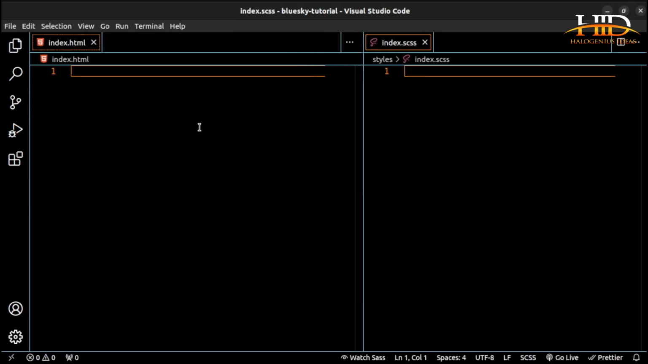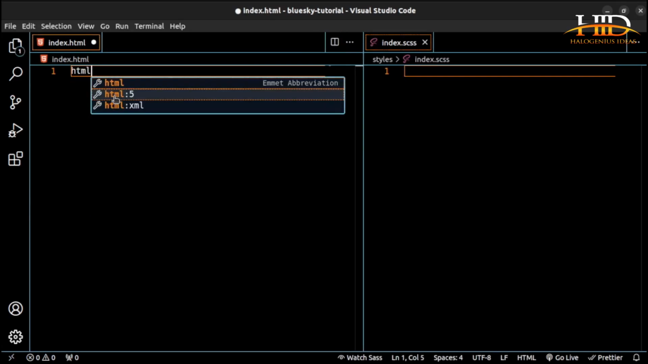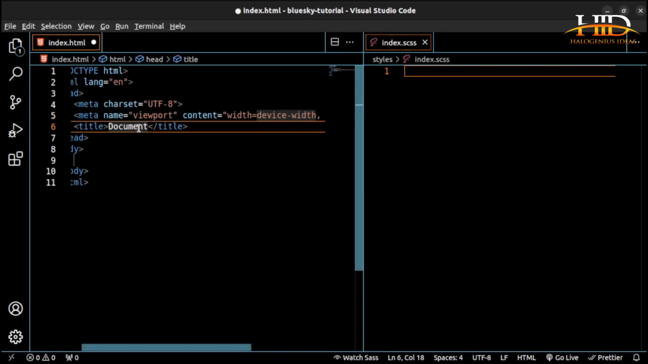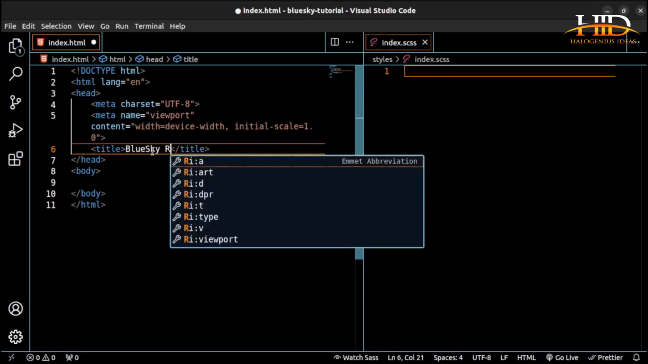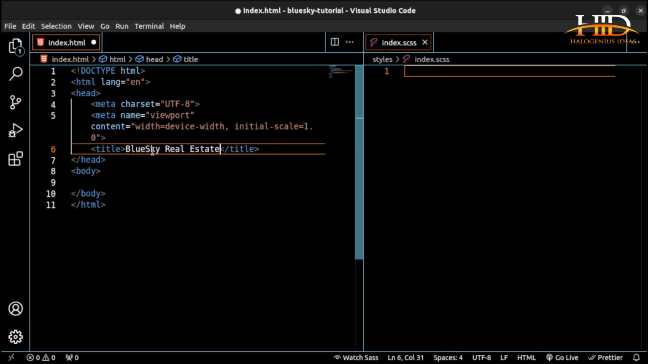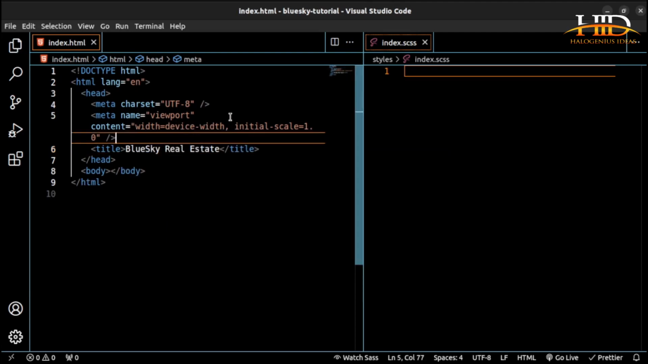the first thing that we want to do is to start the HTML format. So this is the name of the website we want to build: Blue Sky Real Estate. If I save this first, I need to import some things to be able to complete